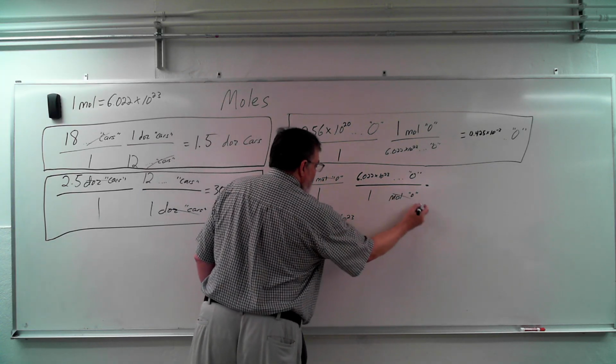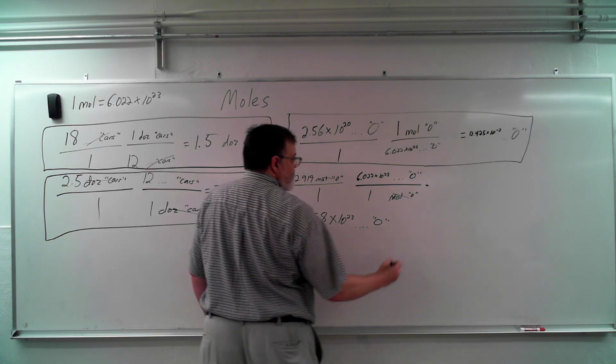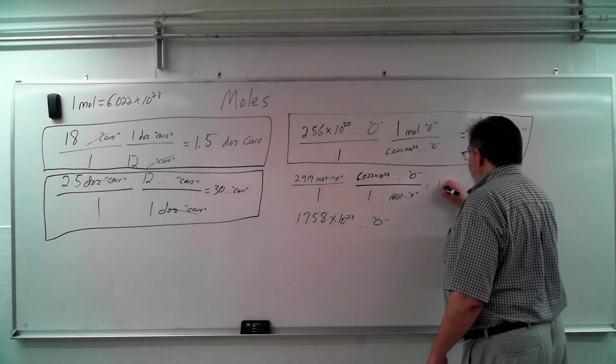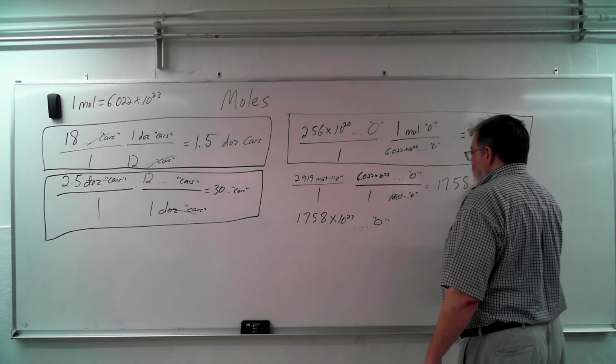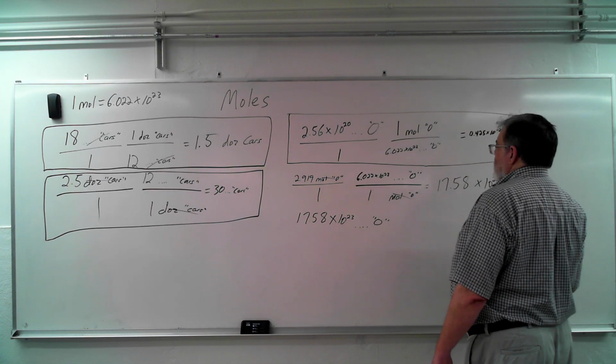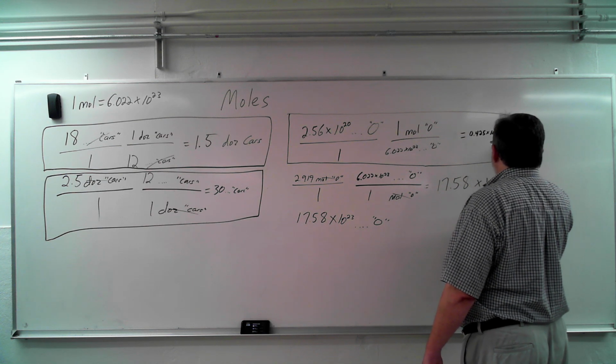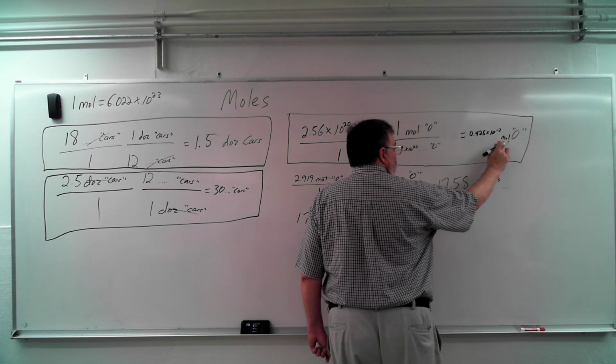And that's it. The moles canceling, we end up with oxygen atoms. So this equals 17.58 times 10 to the 23. Oh, this was mole. My bad. That was mole, not